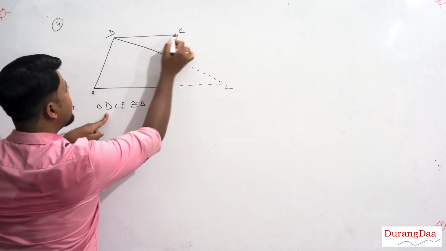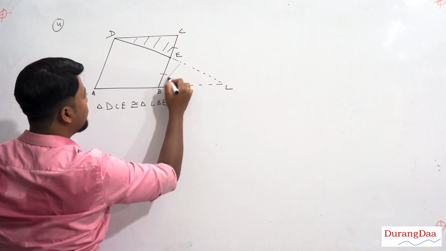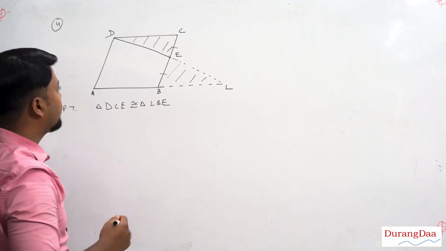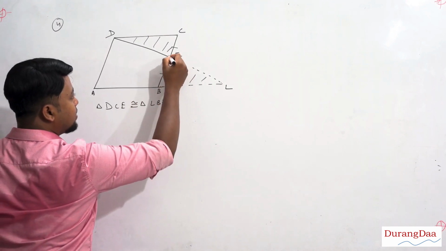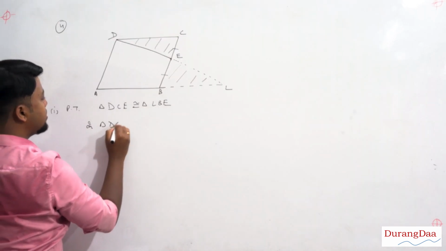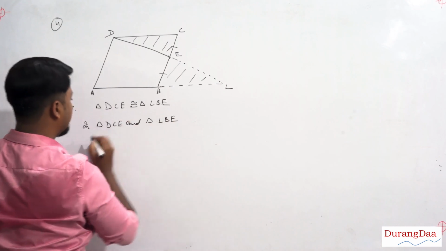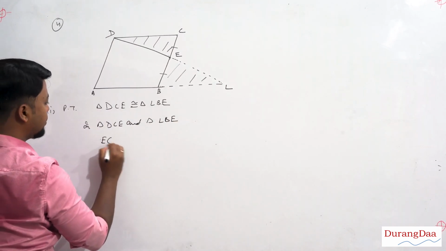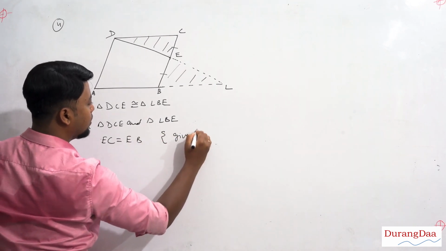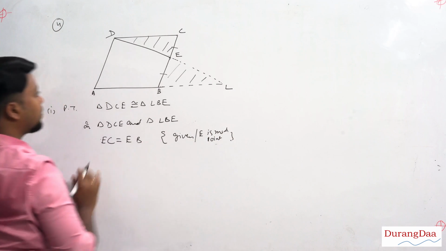Triangle DCE, this is the triangle. Alright. Next one, triangle LBE, we have to prove these two triangles congruent. Now, hunt for the equal sides or equal angles to prove them congruent. Already they have mentioned, since E is the midpoint, EB should be equal to EL. Alright, so I'll write here, in triangle DCE and triangle LBE, first EC should be equal to EB. It is given. Or you can write here, E is midpoint. Alright, so first part is done.